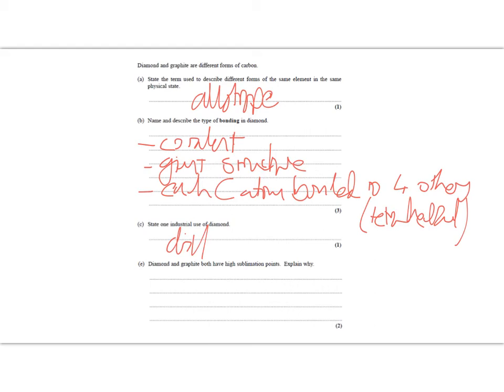And the question here is now referring to, it wants you to talk about the giant covalent structure. So diamond and graphite both have high sublimation points. Explain why. You could say that they're giant covalent structures,